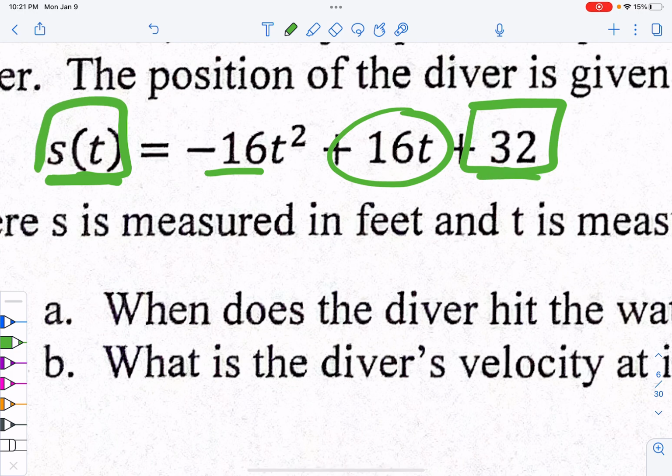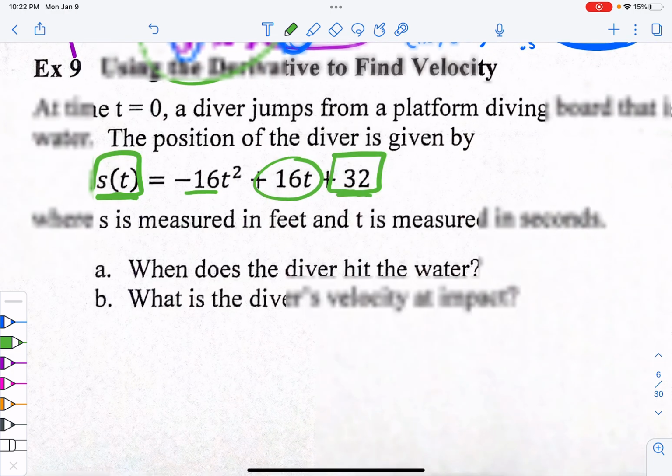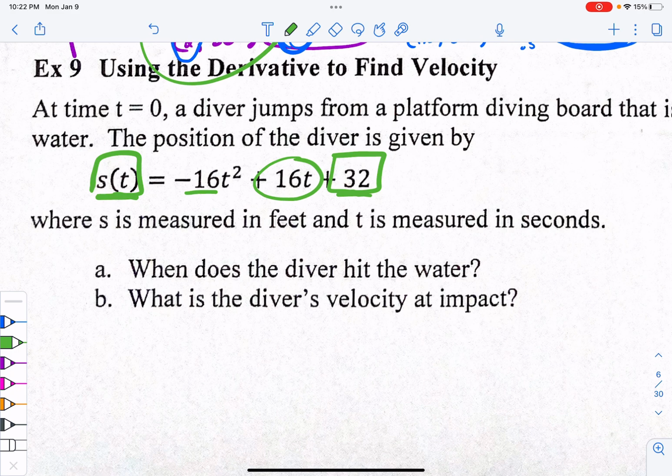He's starting at 32, he jumps up a little bit, and then he comes back down, okay? All right, when does the diver hit the water? When. That means we're solving for t, right? When means find the time. And the diver hits the water at a height of